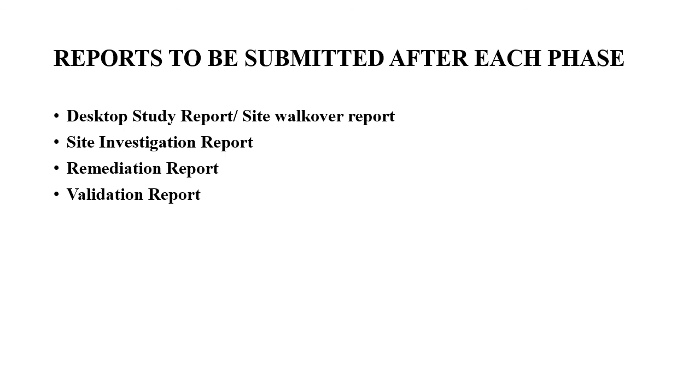Finally, a proper recommendation can be given, whether this land is remediated or not, and whether it can be put to any other future land use or not. So these are the four different reports that have to be submitted to the authorized personnel after the completion of each phase. Basically it is describing the work that has been done by the engineer or the contractor for the conduct of a suitable site investigation procedure. So that's all about the site investigation procedure.